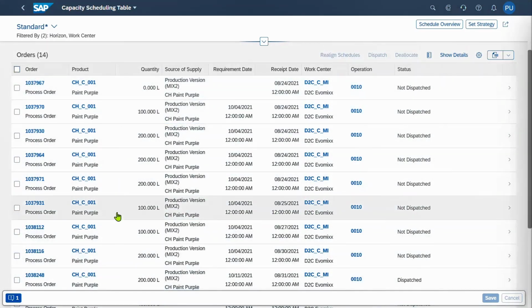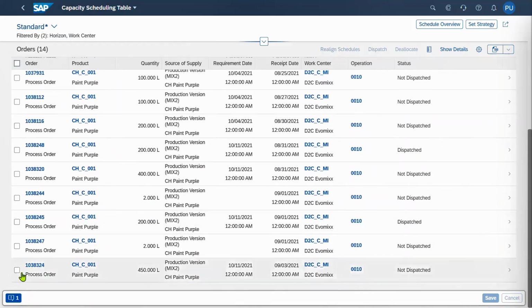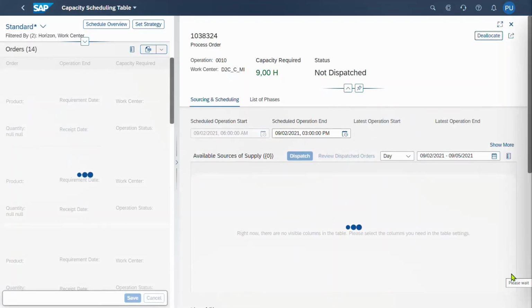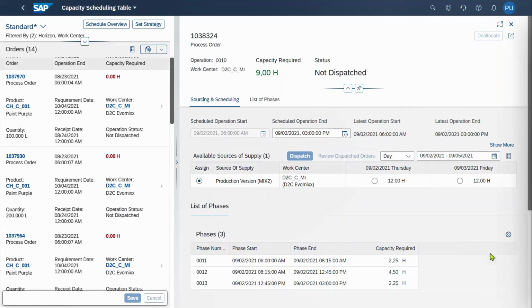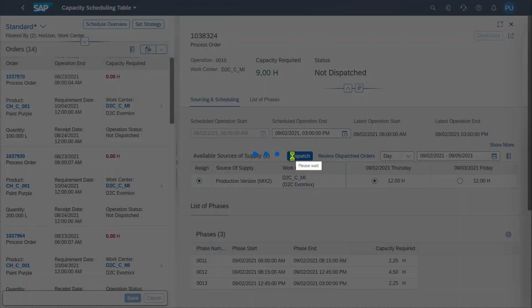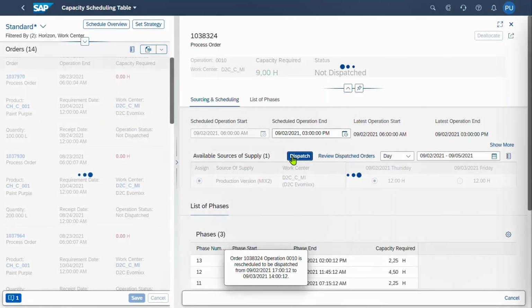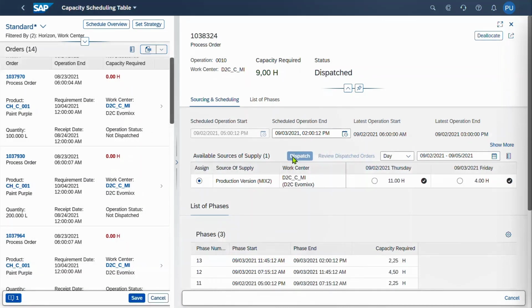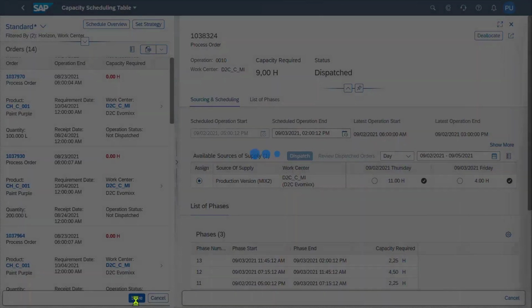So in our case, let's just scroll down and select our one order, and we'll manually dispatch it. Go into the details, and we can see the different time slots available. We've just got day schedules here, so let's select this Thursday, and we've got the 3 phases underneath. I'll click on dispatch, and we'll find an available time slot within the Thursday. So it's used some Thursday and then rolled it across into the Friday, as you can see here. And if I just save that,